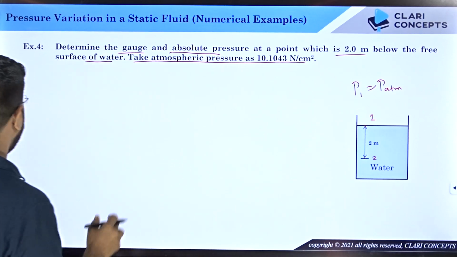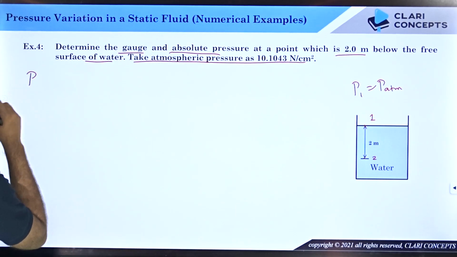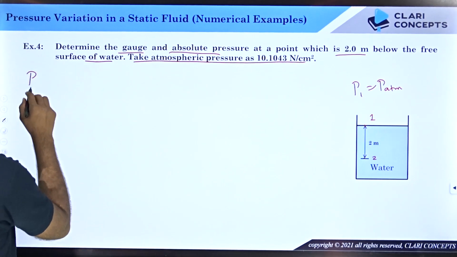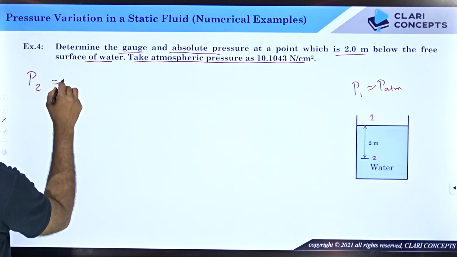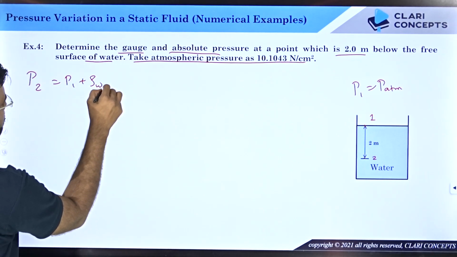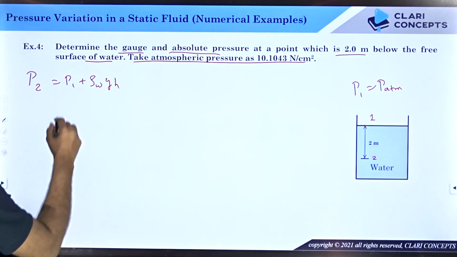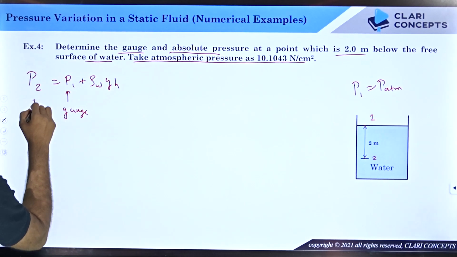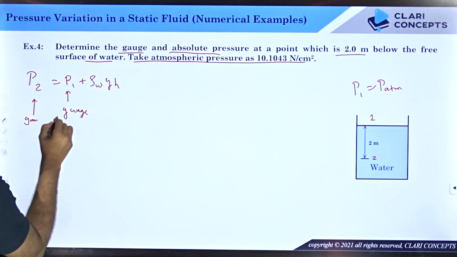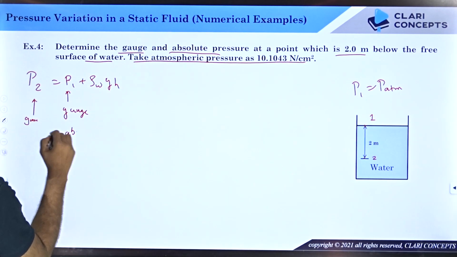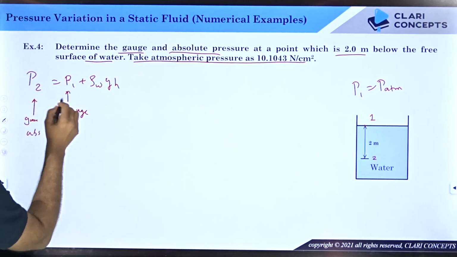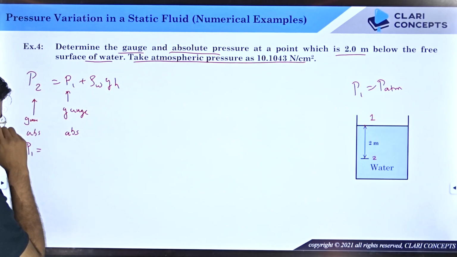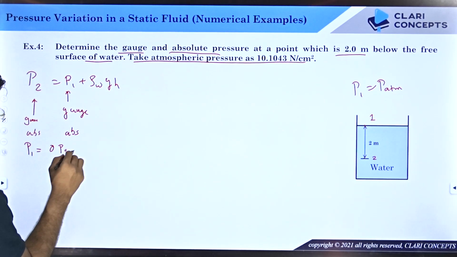Now see, interesting point. I have been asked to find out the gauge pressure and absolute pressure at this particular point, right? So the equation says that P2 equals P1 plus rho of water, G and H, because it is water. Now, if you substitute the value of P1 in gauge, then you will get this in gauge. If you put this value in absolute, you will get this in absolute. Now firstly, P1 should be known to you. So the value of P1 in gauge, that is atmospheric pressure in gauge, will be 0 Pascal by default, right? So this is gauge,